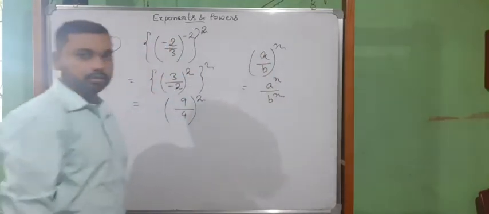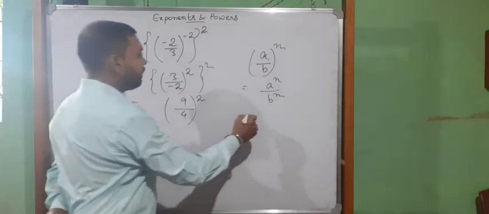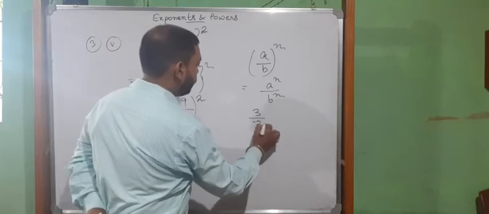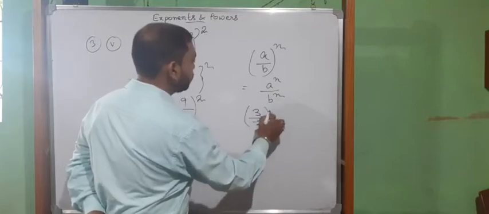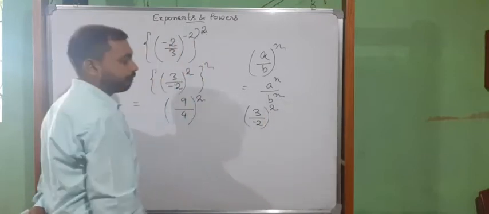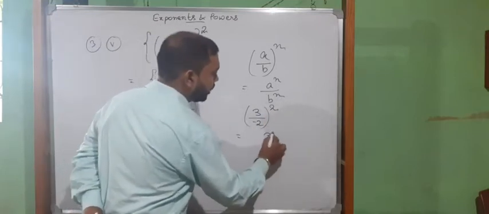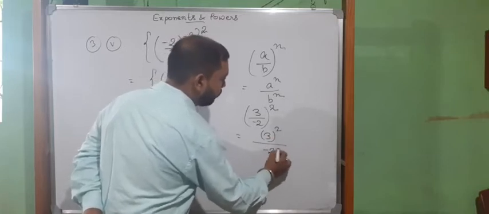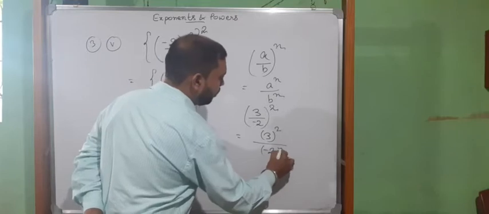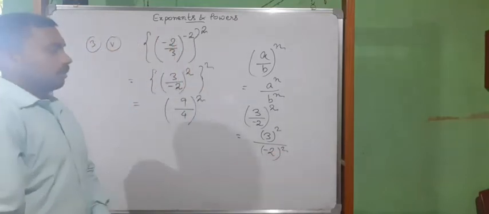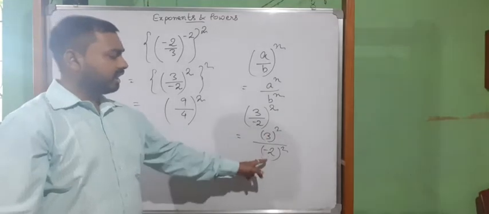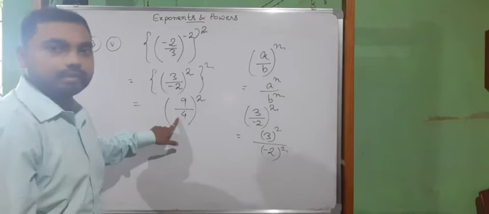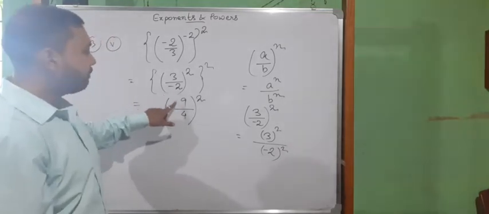We can split. Okay. So in the same way what I have done, it is 3 to the power 3 divided by minus 2, okay, to the power 2, it is 2. So we can write here 3 raised to the power 2 again divided by, so it is actually, minus 2 raised to the power 2. Now 3 square is 9 and minus 2 square it is 4. So I have written here directly. Okay. So it will become 9 by 4.